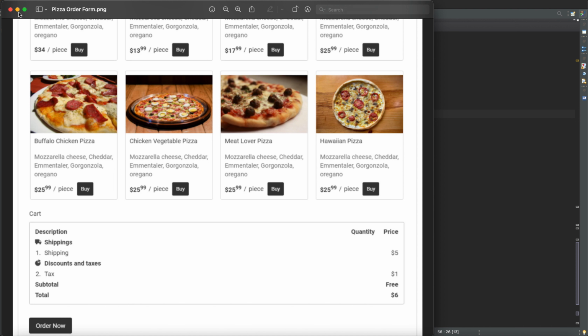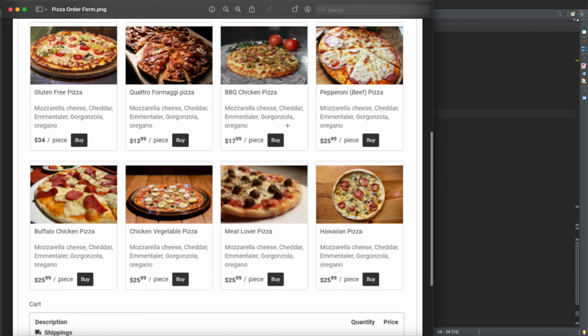That's the purpose of the counter, right? Because we want to know how many times the buy button is clicked for every pizza type. Okay, so another thing that we need to do